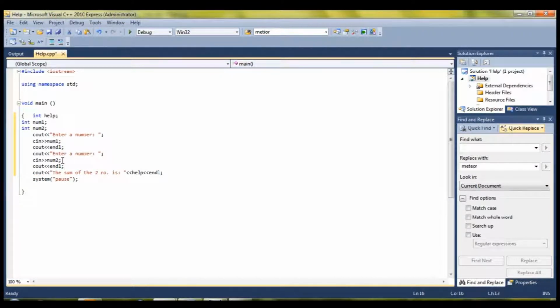So now this is the maths part of the program. What we will do is say help, because that's the variable we want our calculation to go into. Then we will put an equal sign like we did before, but instead of putting a constant like we did before, which was 2, we will now type in num1 and then a little plus sign, num2 semicolon. So now when we run the program,